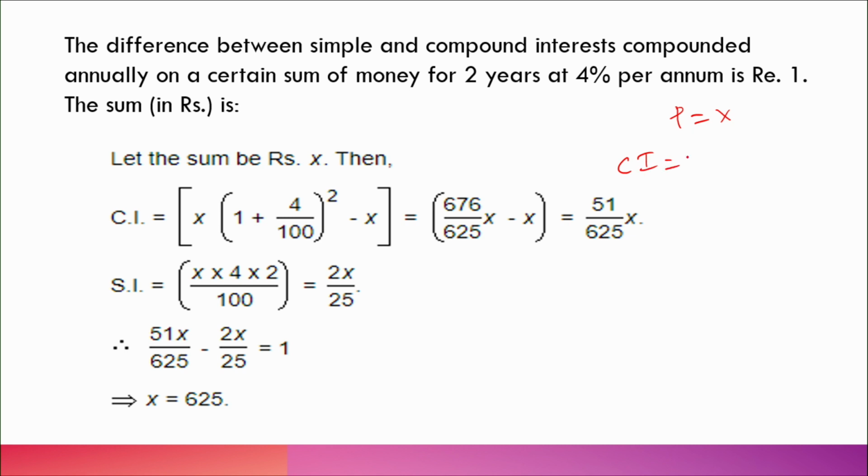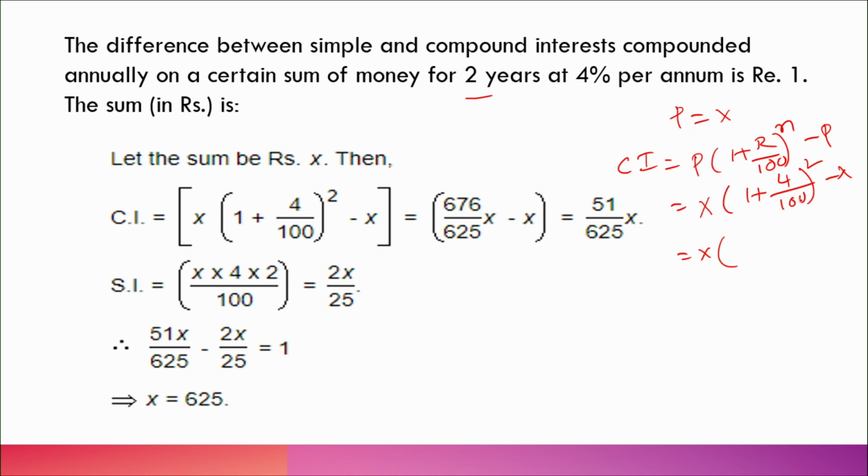You know that compound interest is P of 1 plus R by 100 whole power n minus P, correct? Now, we can say P, we said x, 1 plus R by 100, 4 by 100, whole power n, square, because n is given as 2 years, of x. Understand. So, it is x of the 104 by 100, you can say 104 by 100 as you wish, that is very important. So, 100 plus 4. Now minus x is given, so minus x, we will see later what that value is.